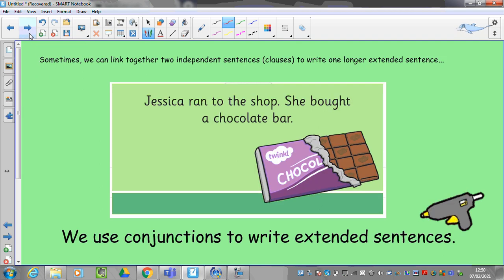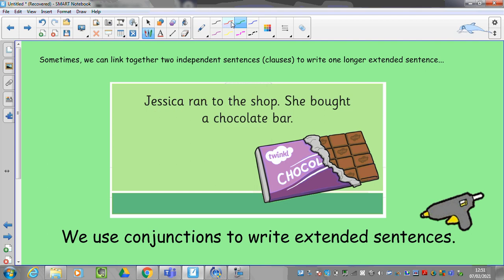Sometimes we can link together two independent sentences, that means sentences on their own, two independent sentences or clauses, to write one longer extended sentence. So we've got two sentences here. Jessica ran to the shop. There's a full stop there, so we know the sentence has finished. She bought a chocolate bar. In our second sentence, the subject is she and the verb is bought. That's what she did. But we're no longer thinking about whether it is a clause, because we know that these are two independent sentences, two independent clauses. Now we're going to use conjunctions